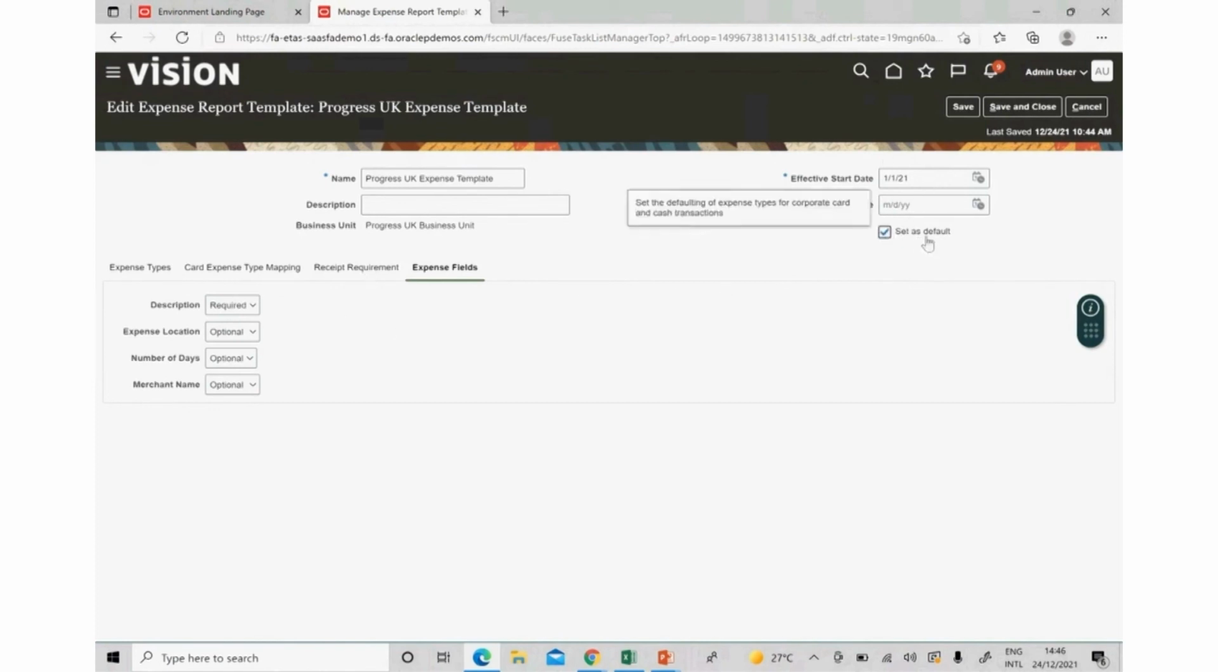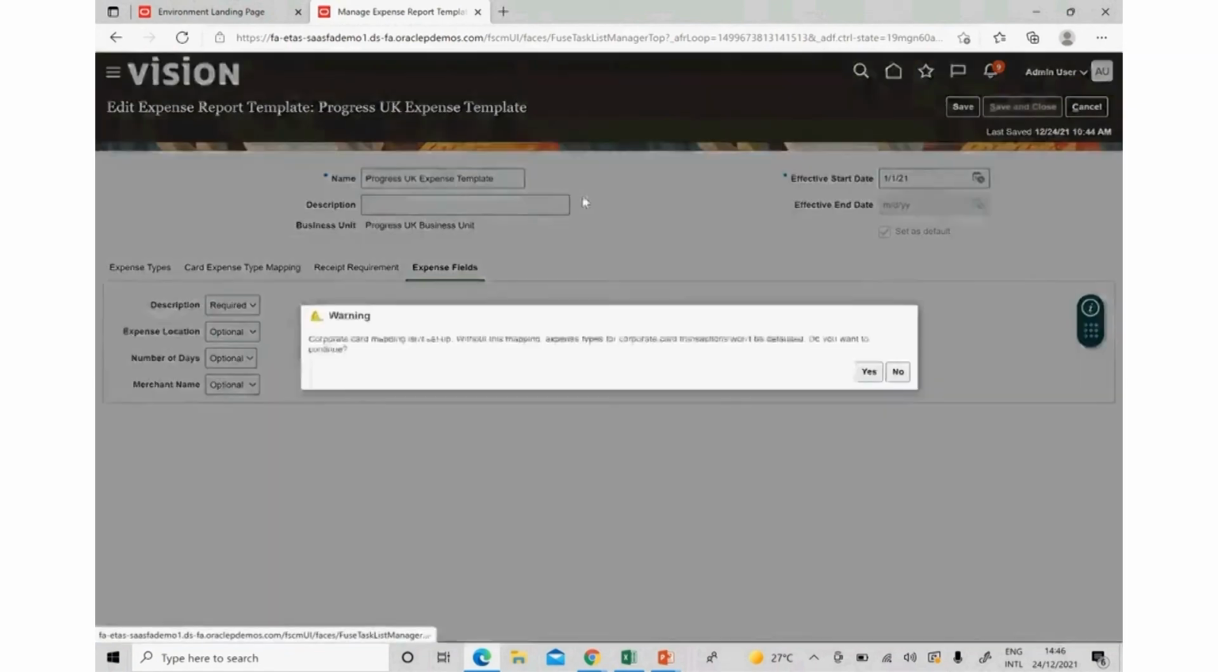So now you can also mark this particular template as a default template, right? And then save and close it. So this is just a general warning: corporate card mapping isn't set up. In case you are using the corporate card as well, then that additional mapping needs to be done. Without this mapping, you won't be able to enter the corporate card transactions, right? So okay,